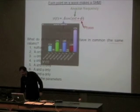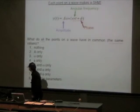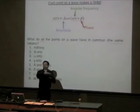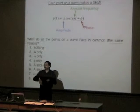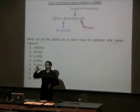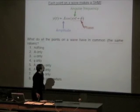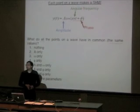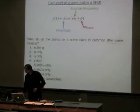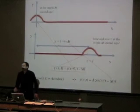But there is one parameter which differs. This one. They all have the same maximum displacement from equilibrium. They all have the same A, amplitude. And they all have the same period. They all make one whole motion during the same time interval. So same period, same frequency, same angular frequency. But something's supposed to be different. If not A and omega, it's supposed to be this. So this parameter is different for different parts of the wave. How different? Well,